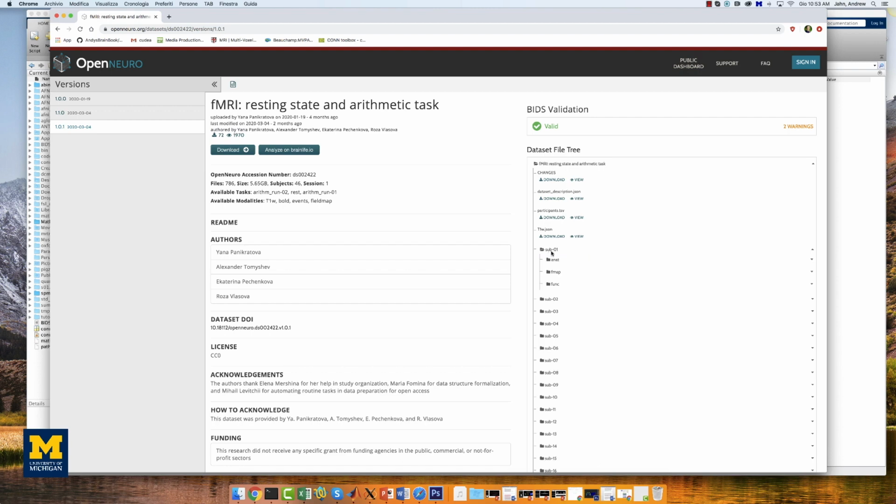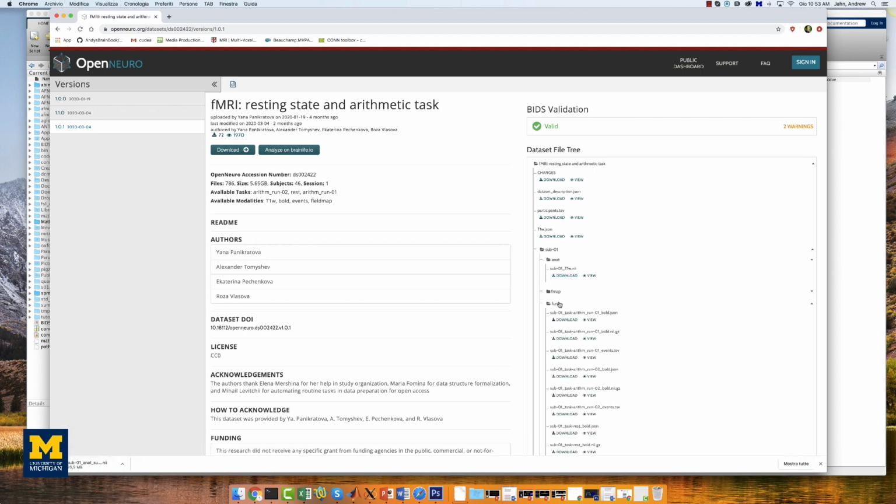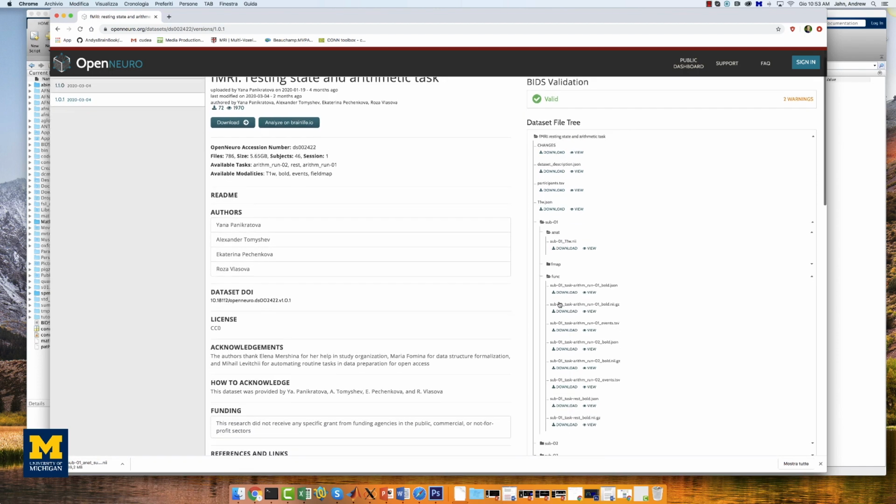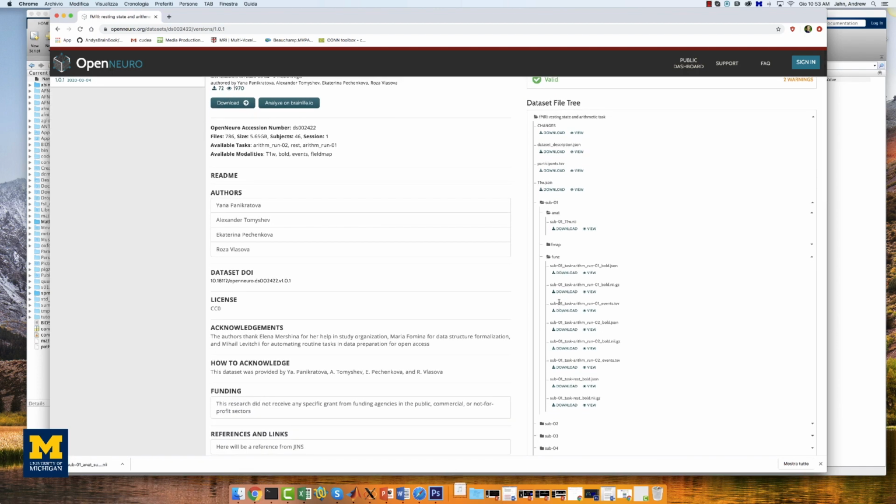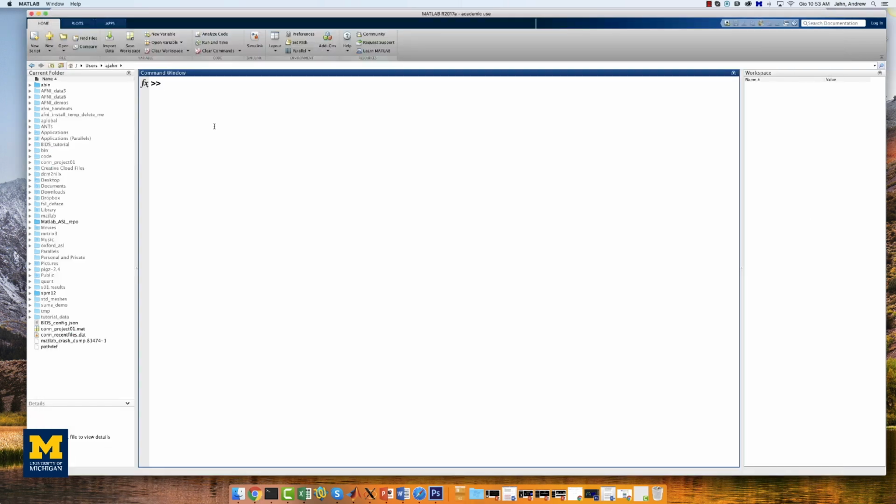Click on the sub01 folder, and then click on anat. Click the download button next to the file sub01_T1w.nii, which will begin downloading the file. Next, click on the func folder to look at its contents, and download the file sub01_task-rest_bold.nii.gz. If these files have been downloaded to your downloads folder, open a MATLAB terminal and then type the following: